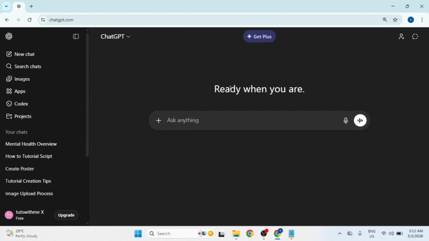In this video, I will be showing you how I switched my ChatGPT theme from dark to light mode to make the interface much easier for me to read during the day. I'm starting right here on the ChatGPT homepage, and to begin the process, I'll navigate down to the bottom left